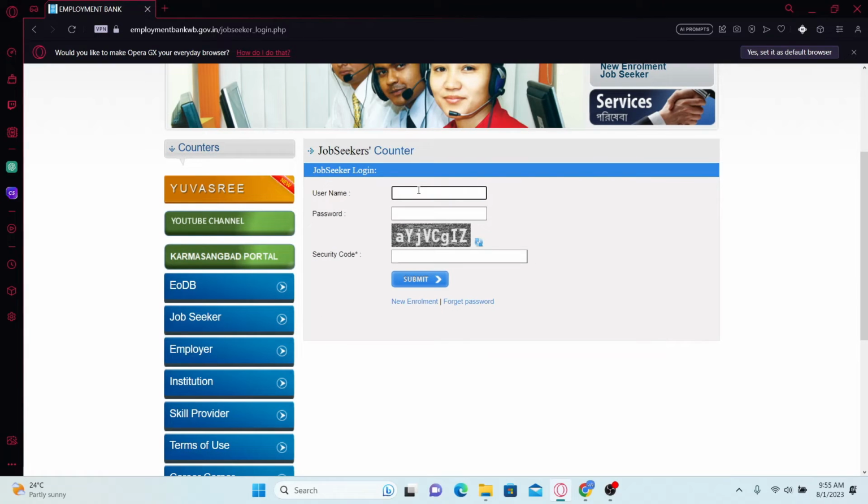Now just go ahead and type in your username followed by your password. Now just type in the security code that is displayed in the image, and just be aware that all of these letters will be case sensitive. After typing in the security code, just click on the submit button and you will be logged into your account